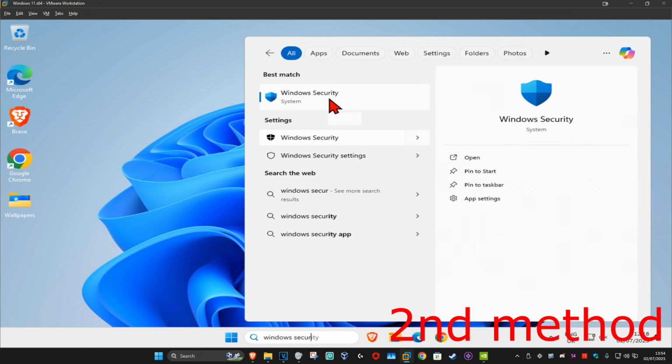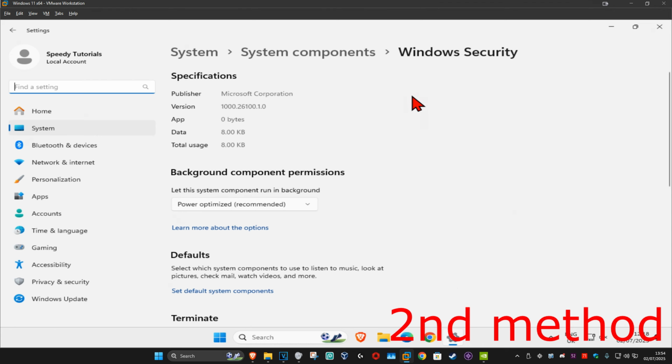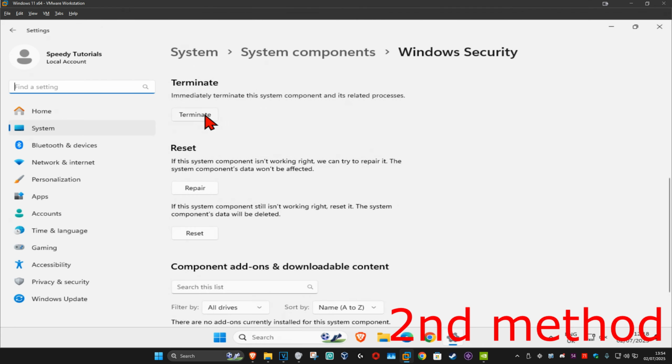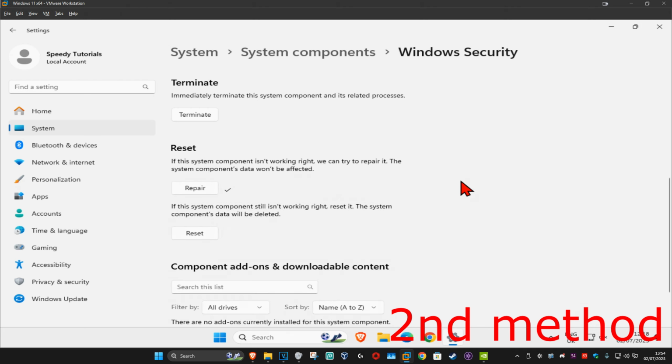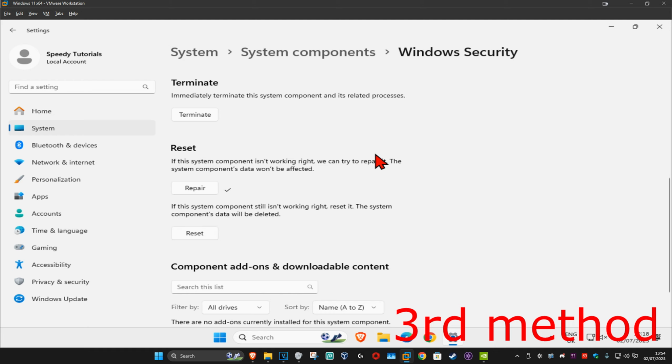Windows Security. Now, you're going to click on App Settings. And then once you're on this, you're going to scroll down and then click on Terminate. Now, you're going to click on Repair. You want to repair Windows Security. Wait for this to load. See if that works. If that's still not working, then for the next method, you're going to click on Terminate